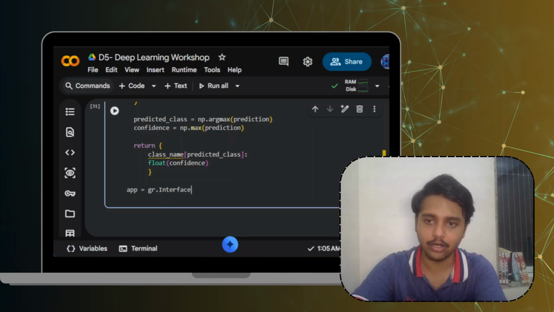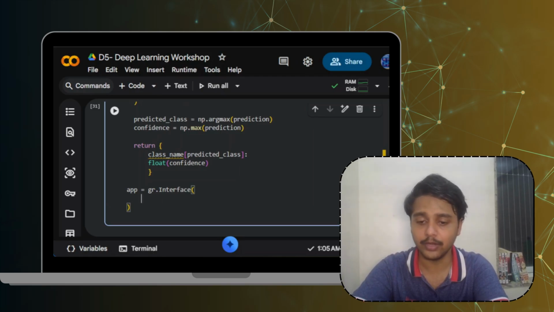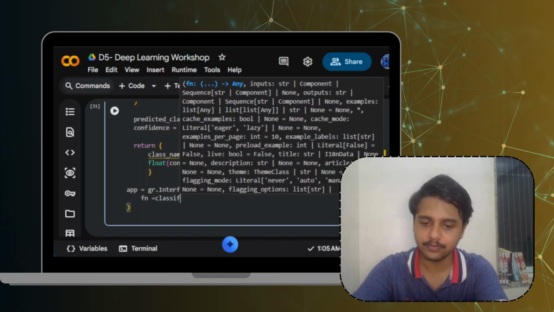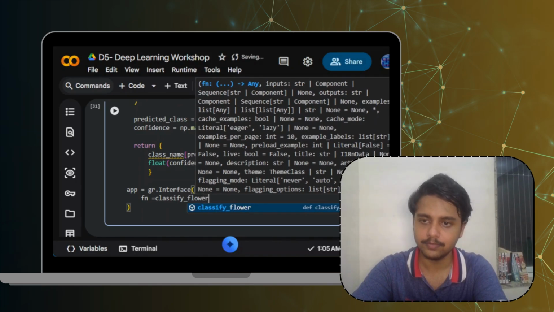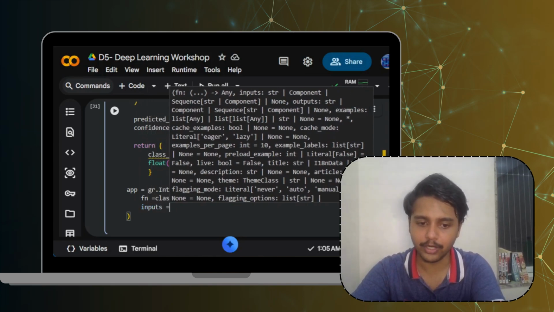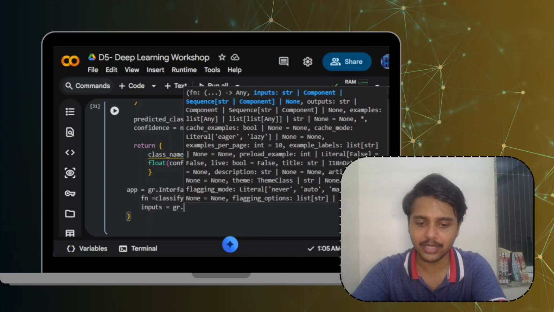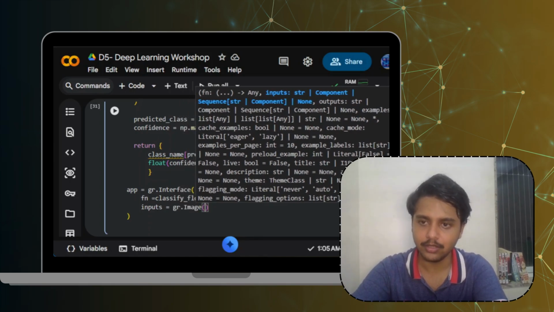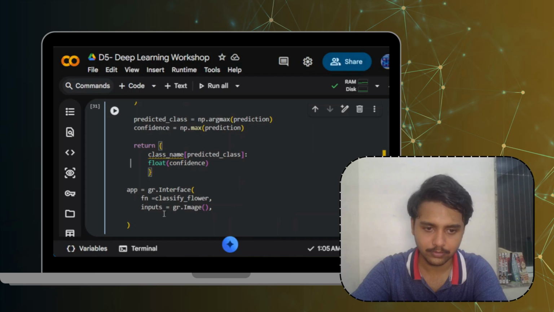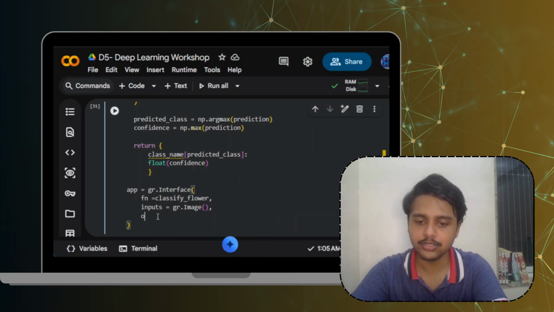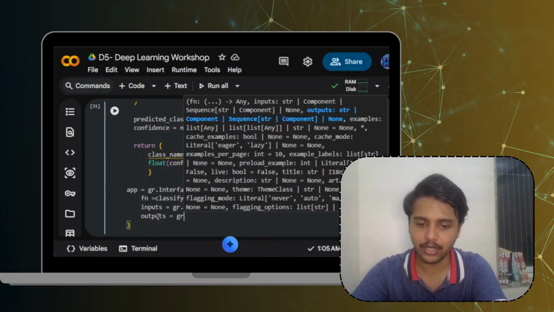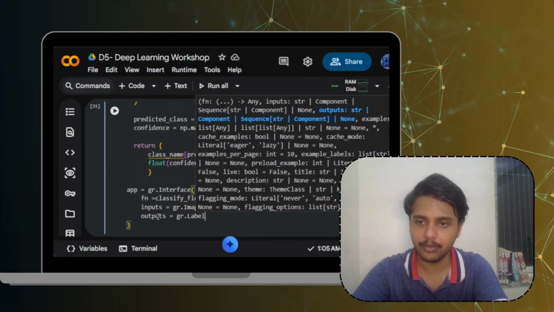In this interface we are going to provide the function that is classify_flower. Then inputs are going to be the images, that is gr.Image. Okay, then we are going to need the outputs. So outputs are going to be gr.Label